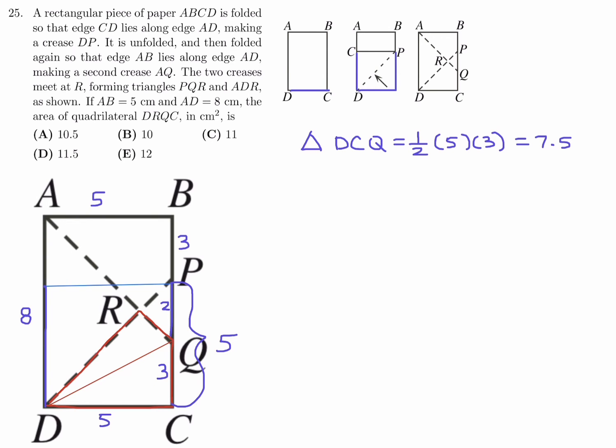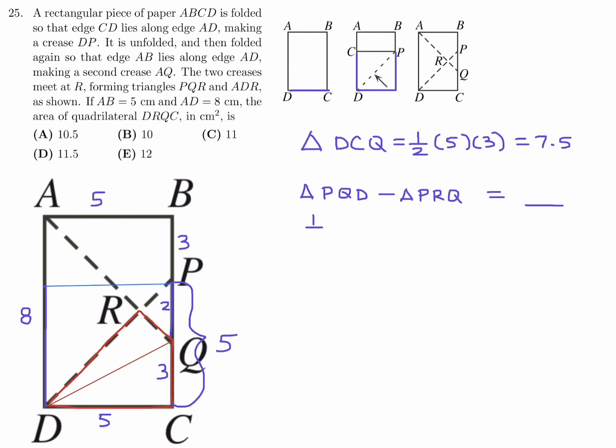To figure out that triangle, what I'm going to do is first figure out the triangle PQD, which is this guy right here. PQD is right there. From that, I will subtract this one, PRQ. So PQD minus triangle PRQ, and whatever that is, I will then add to the 7.5, and therefore I'll get my answer. Okay,